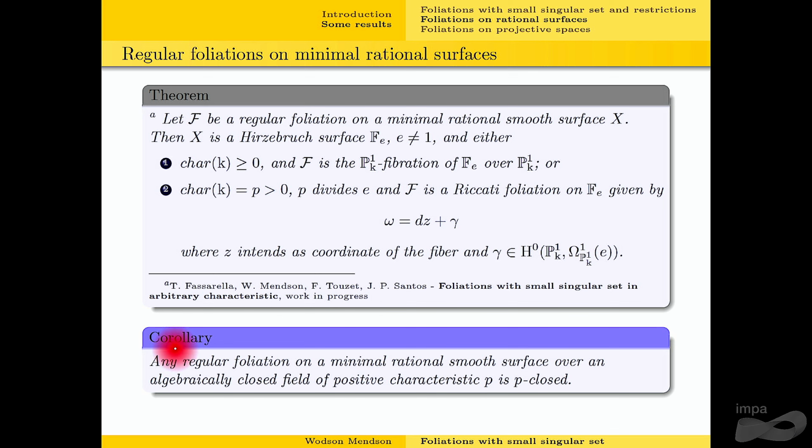As a corollary, we have this. Any regular foliation on a minimal rational smooth surface over an algebraically closed field of positive characteristic is p-closed, so it is algebraically integrable in characteristic p. If we are in this situation, we have this first Chern class here. We can show that